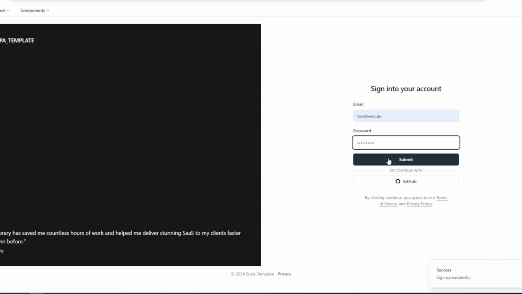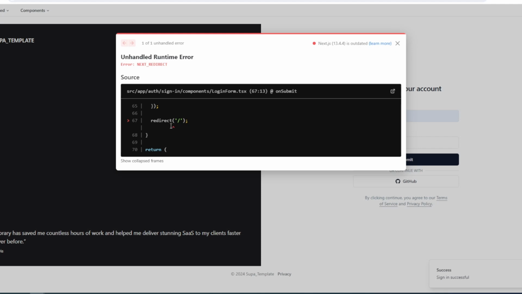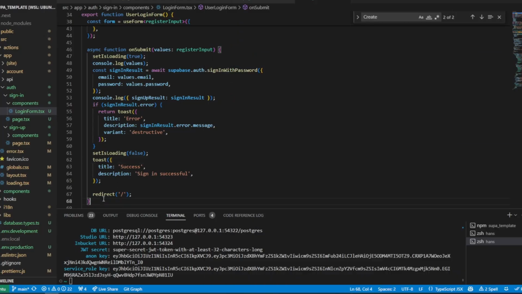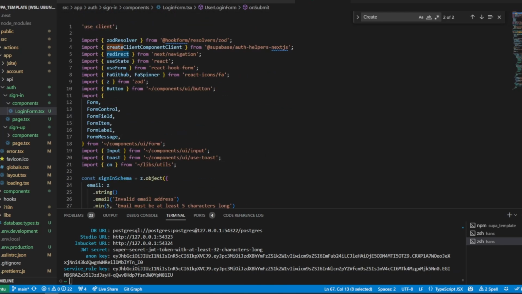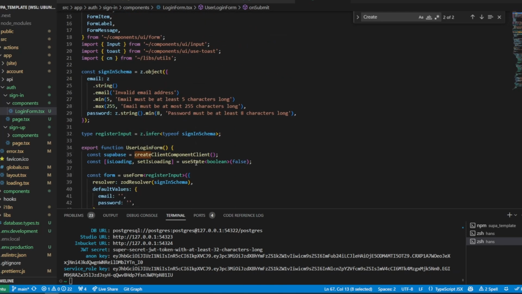So let's check again. One error. What's this? But I have the redirect from next navigation, so